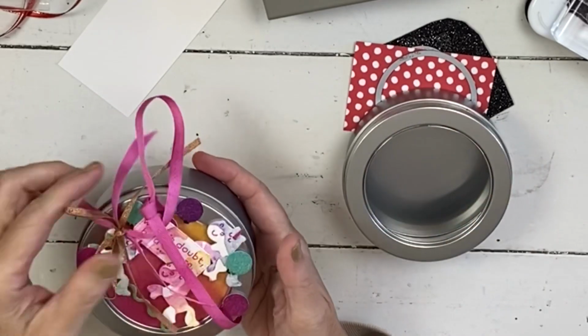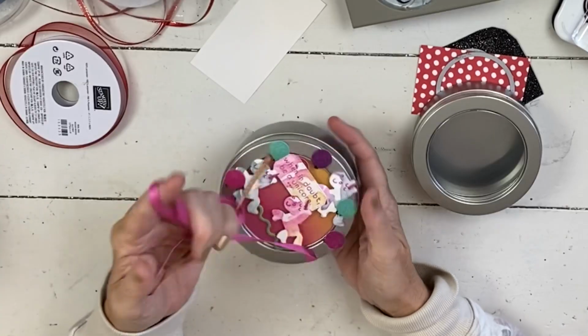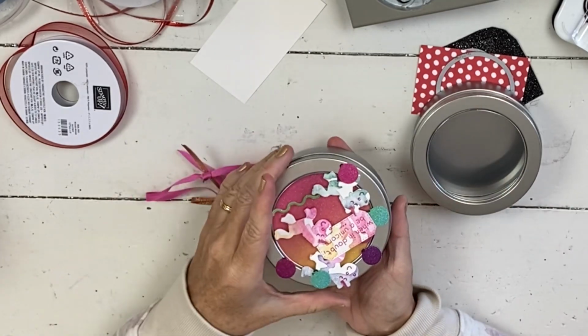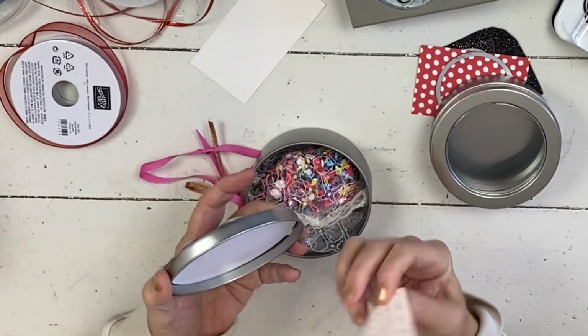This one I got yesterday from one of my girlfriends. We went out for my birthday. So she made this one. It's got the unicorns on it. And then she's covered this plastic piece here with some rainbow paper. It's super cute. And then she made a little tag, and it said